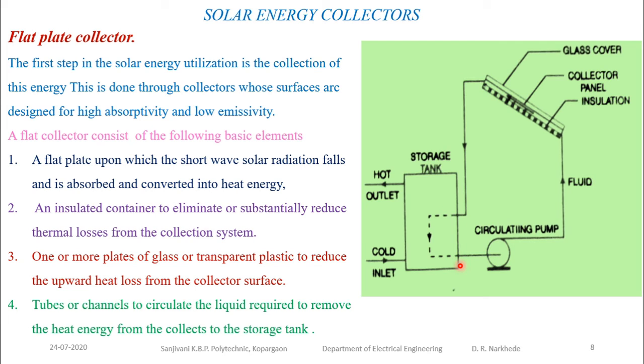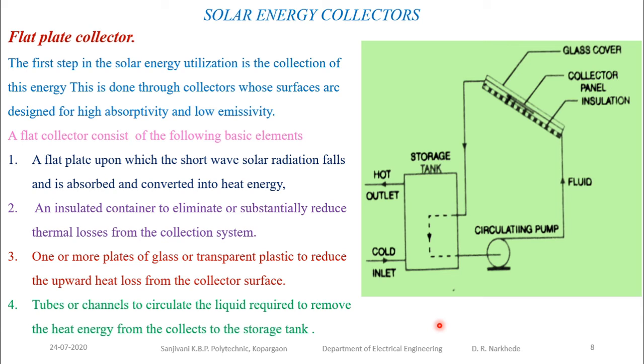A circulating pump keeps the continuous circulation of the fluid through the collector and the storage tank. In some cases we use a circulating pump over here. The function of this circulating pump is to maintain the flow of the fluid inside this system. In the storage tank, which works as a heat exchanger, the fluid heats the water, which is used for the desired purpose. The efficiency of the collection and conversion process depends on the heat loss to the surroundings, which in turn depends on the temperature at which the collector works.